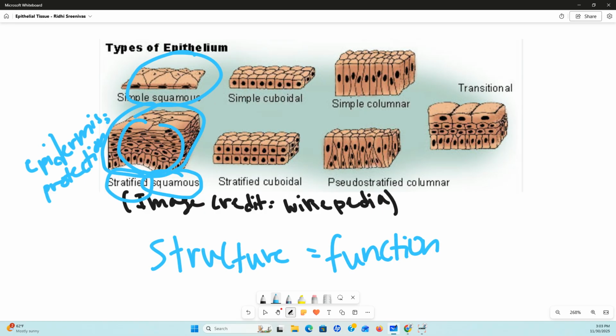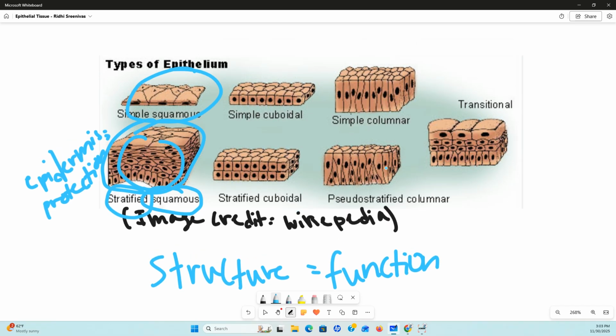And like stratified squamous epithelium, there are many types, like simple cuboidal epithelium, and I'm going to talk a little bit about those ones that I kind of skipped earlier, pseudostratified and transitional. So there are other types that don't have those standard categories, like, oh, it's simple and cuboidal. They're a bit different. So